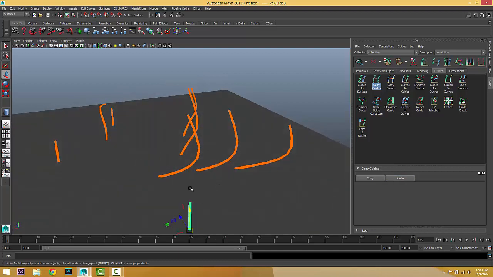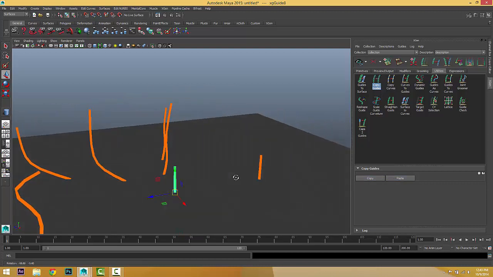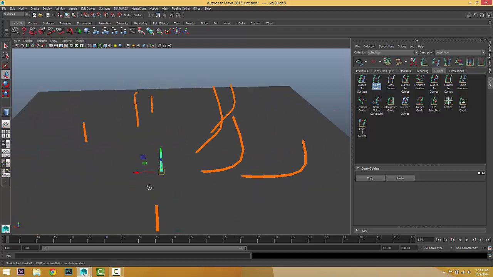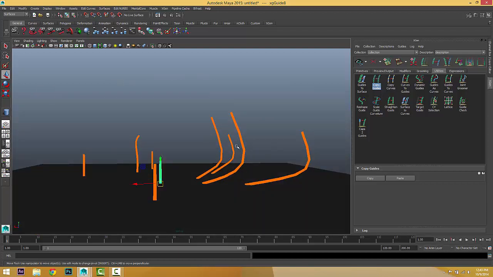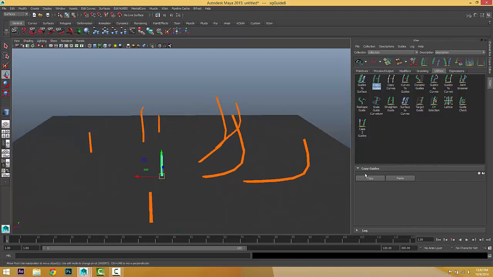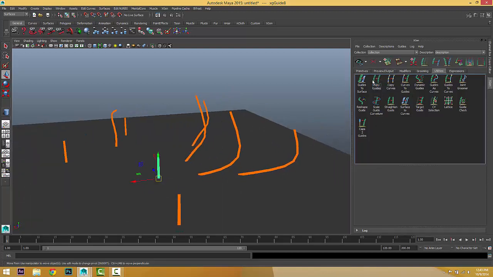Or if you want to make this one like that, just copy this one and select this, choose paste, to turn back to whatever it was before. So just copying the modification, the control point movements of that guide. Very self-explanatory, just copying and pasting the shapes of the guides.